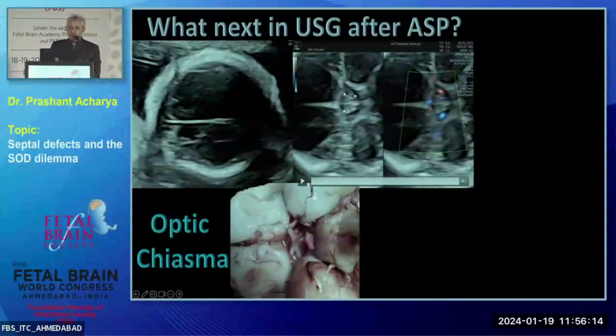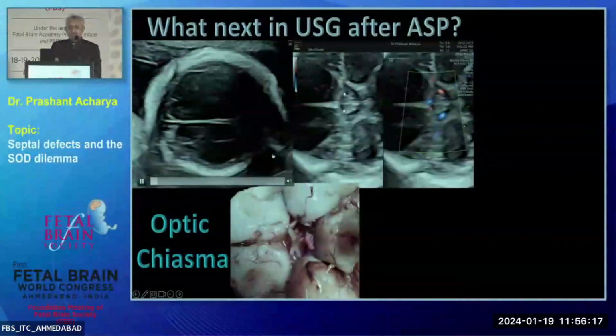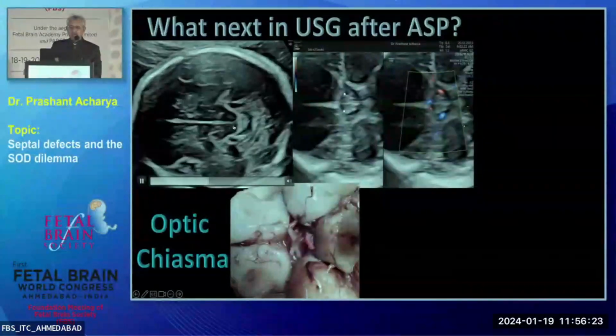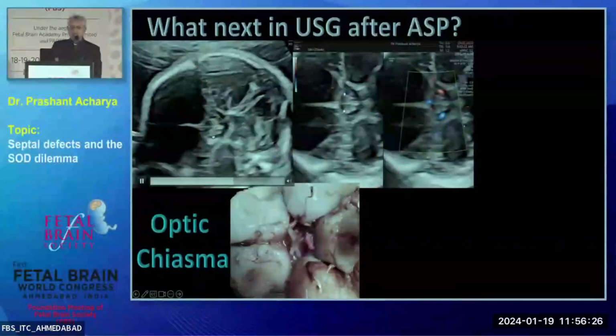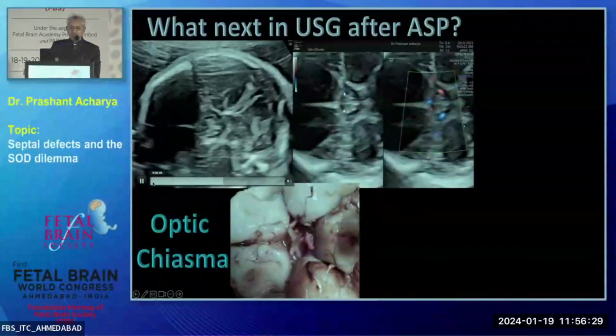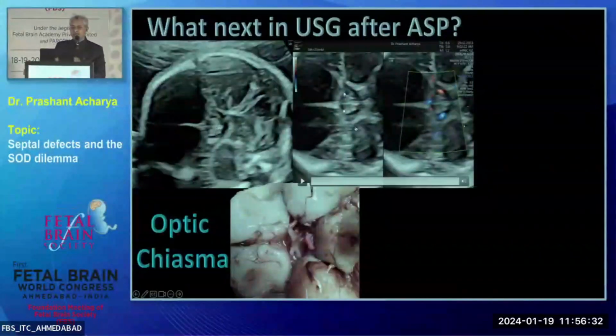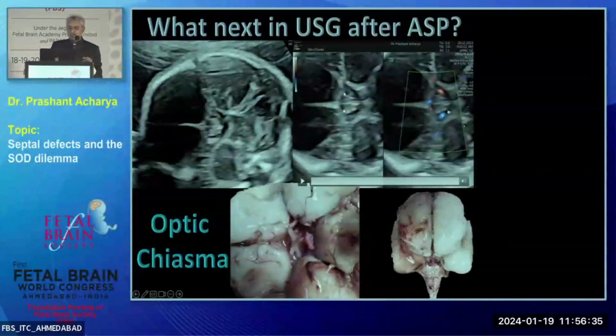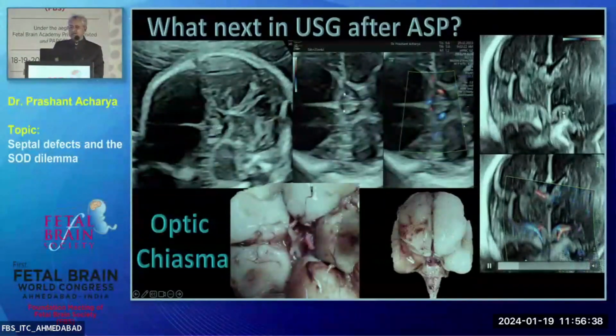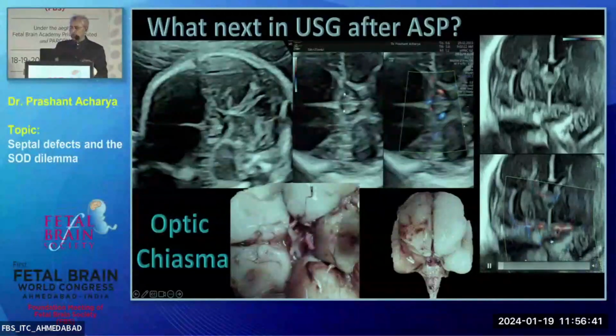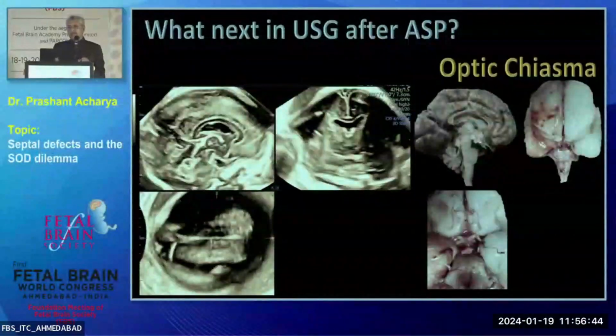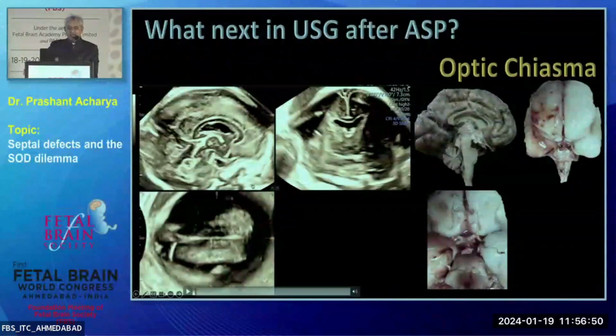And then if you go back, you may find some of the optic tract. So this is on the color to identify that. But even without color, this is the septum pellucidum. You go down back, and then you can see, okay, yes, there is an optic chiasma which you are dealing with. This is an optic chiasma. Switch on the color, confirm it, and you can do it. In the coronal sections, you again have the vascular anatomy, which can give you an idea about the region you are looking for. But the easiest, because I am a fan of volume imaging, I've put in all three sections of the brain, and there is one easy way you can track the complete optic region along with the pituitary. I will show you.